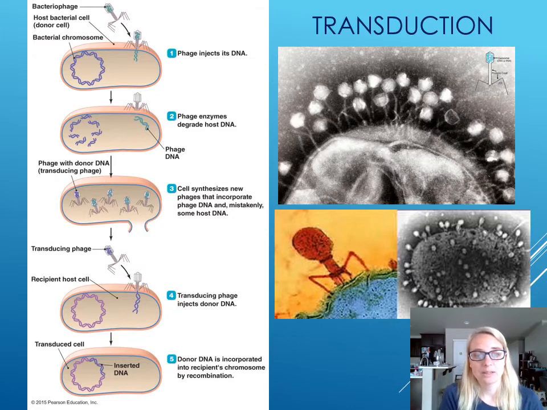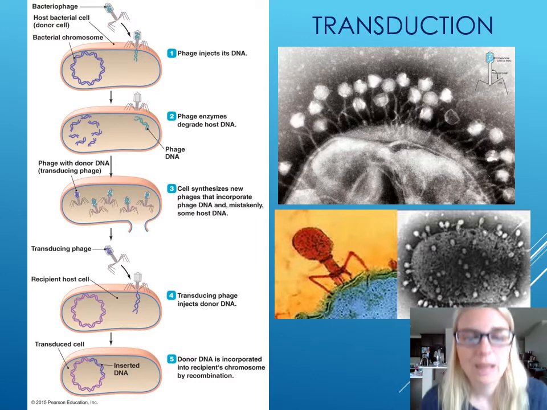The second mechanism of horizontal gene transfer uses a vector, a virus. In this particular case, it's a virus called a bacteriophage. Bacteriophages are viruses that only attack bacteria. They're not dangerous to human cells. Their target, their host, are bacterial cells. So in a normal